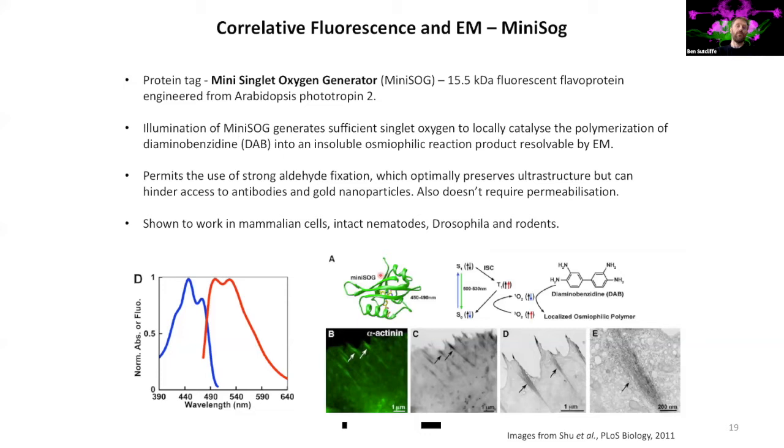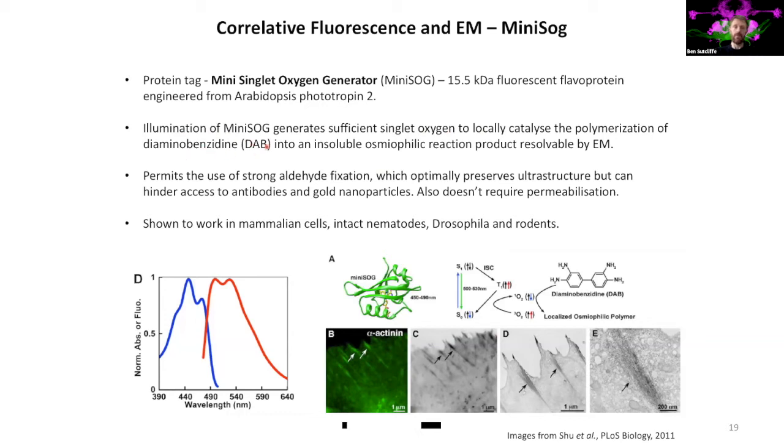We can also use a type of fluorescent protein called miniSOG for correlative fluorescence and EM. And miniSOG stands for mini singlet oxygen generator. It's a 15.5 kilodalton fluorescent flavoprotein, and it comes from Arabidopsis, the plant. So when you illuminate miniSOG, you generate singlet oxygen, which can catalyze local polymerization of